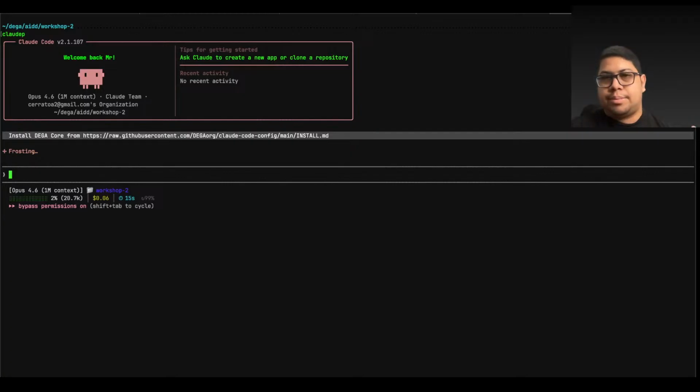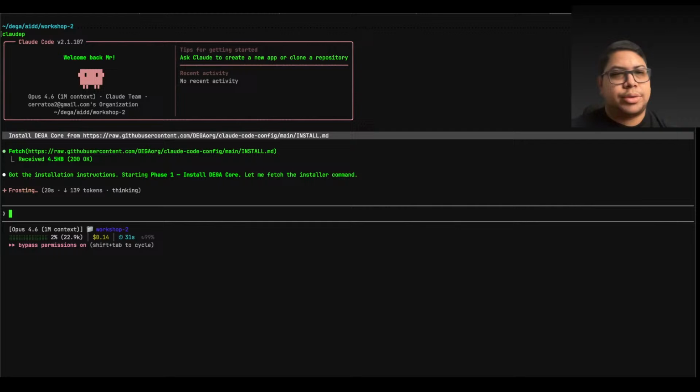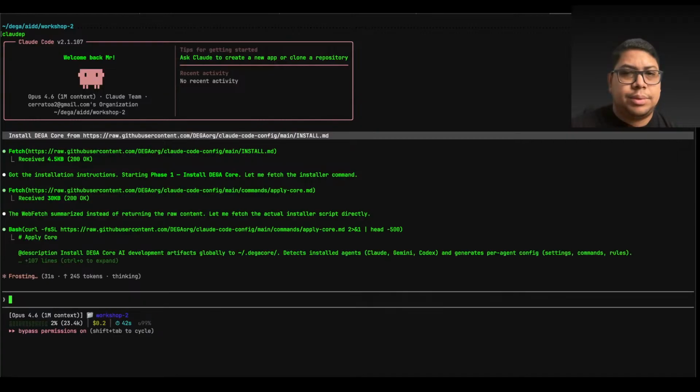This is going to make a series of steps, right? So this is going to be like an automated process controlled or managed by the agent, following each and every requirements and instructions. So first it went and read the instruction, and this is split in two phases. So it is starting with phase one, which is install DEGA core, right? So even before it continues, let me just